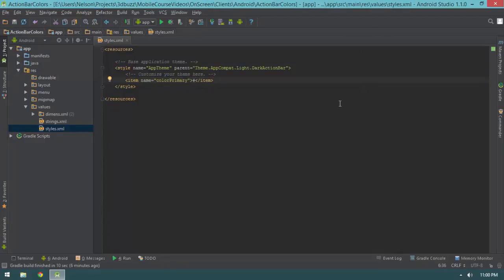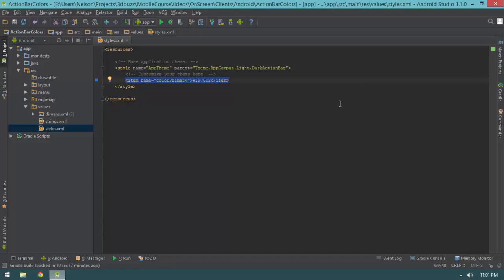Now the color I chose here is something that would look good with dark or light text, something like 1976 D2. There we go. So I pulled this out of the material design color guideline. All right, so what is color primary? Well, color primary in material design is used to refer to basically the bright primary color that particular activities may have. And in AppCompat and in Lollipop, the color primary value is going to be used to determine the background